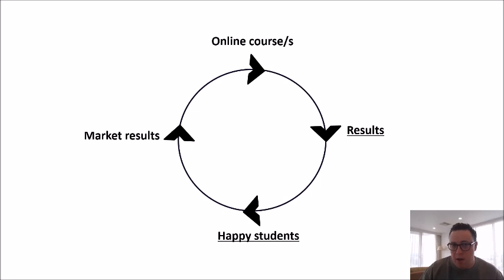You can see the wheel here. So let's look at on the left, market results, drives people into your online course. Because your online course produces results, you're going to have very happy students. Very happy students are going to tell other people by looking at their results to go join your course, which gives results, which produces more happy students and more happy clients. Hopefully you guys can see that wheel spinning over and over. And this is an evergreen process, guys.